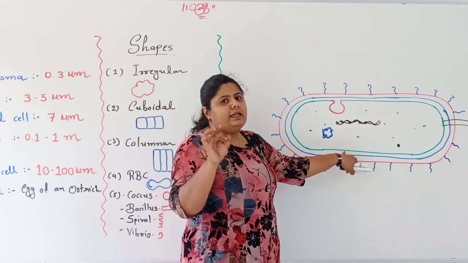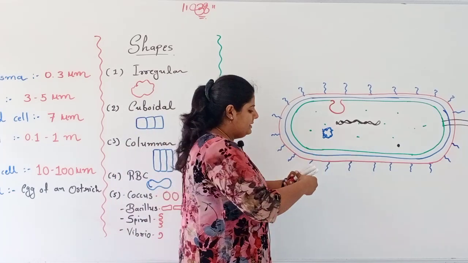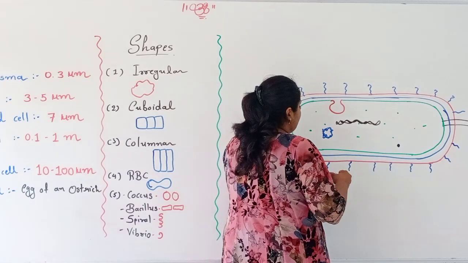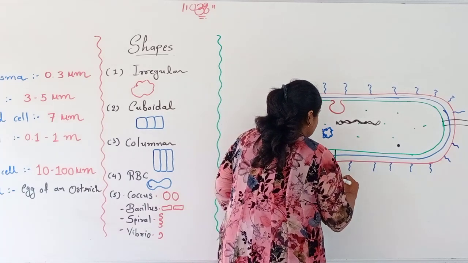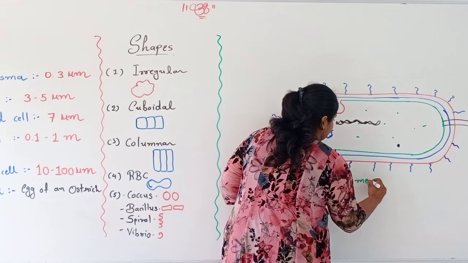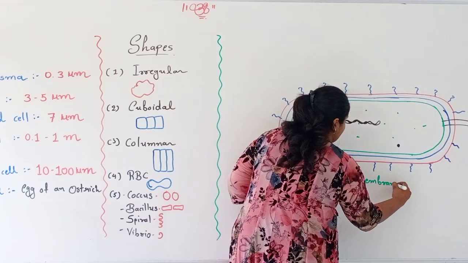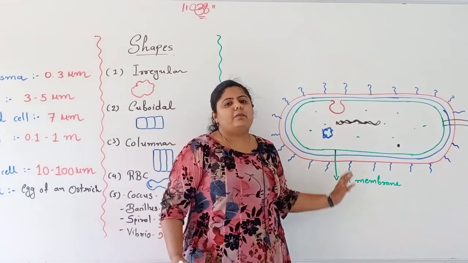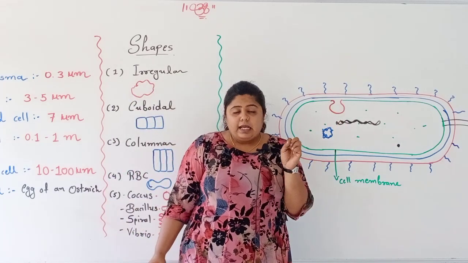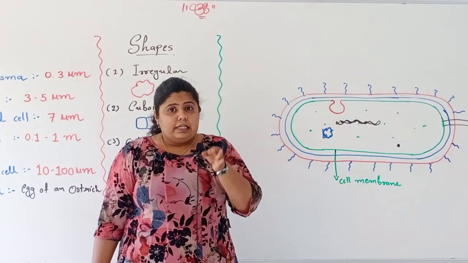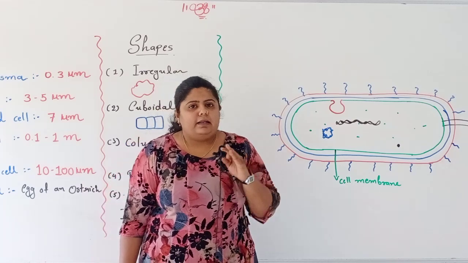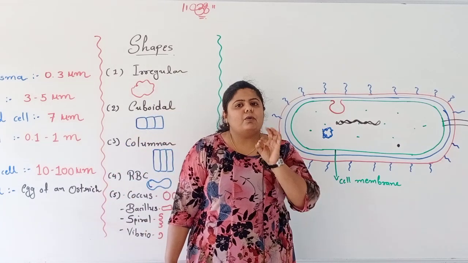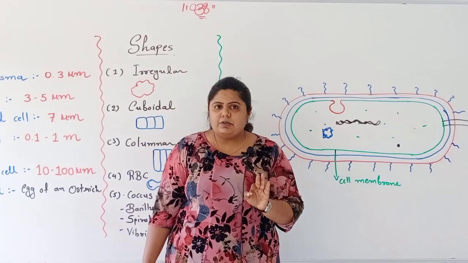First, in contact with cytoplasm, this layer is known as the cell membrane. Beta, what is the function of cell membrane? Cell membrane separates cytoplasm from the external environment, and cell membrane is selectively permeable, meaning it allows only selected molecules to pass